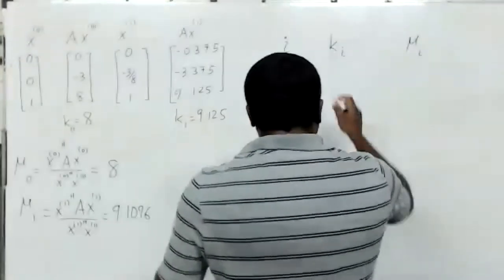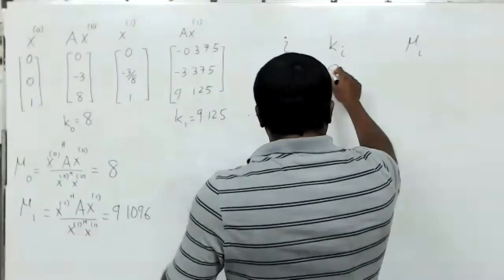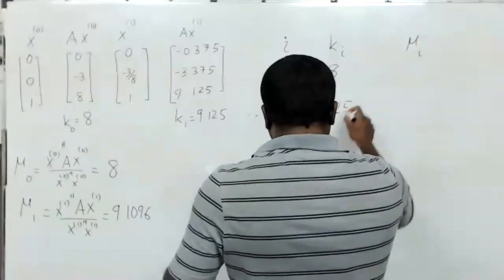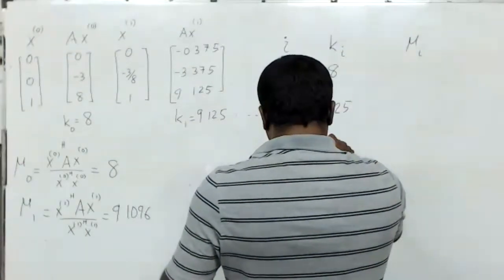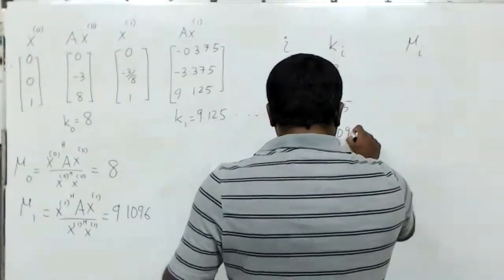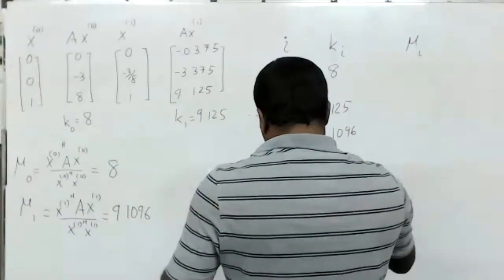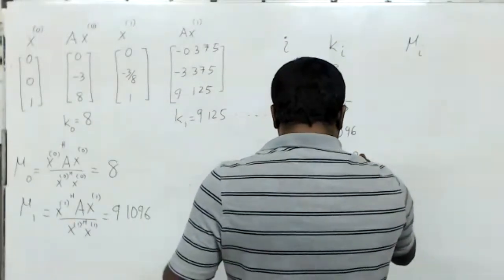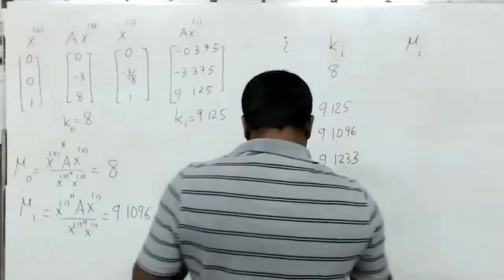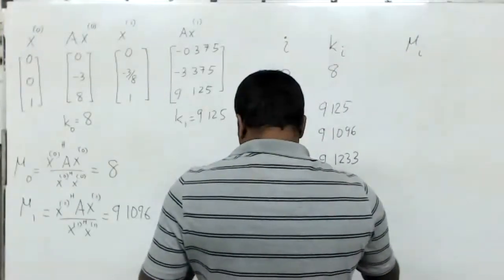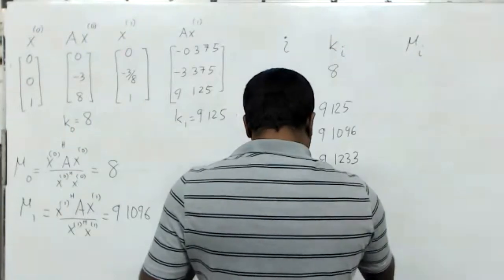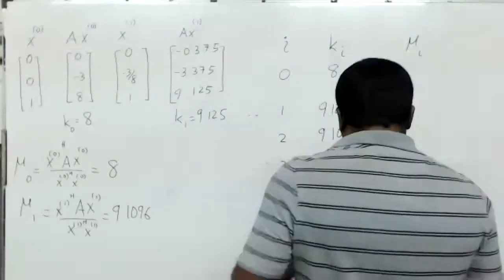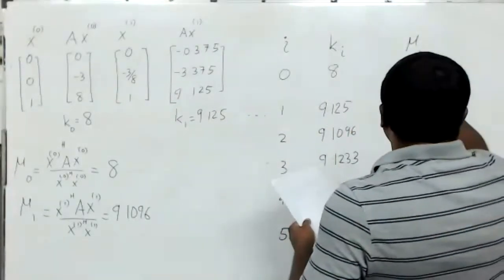My k_i's are 8, 9.125, K2 is approximately 9.1096, K3 is 9.1233, K4 is 9.1244. And the mu values are 8,